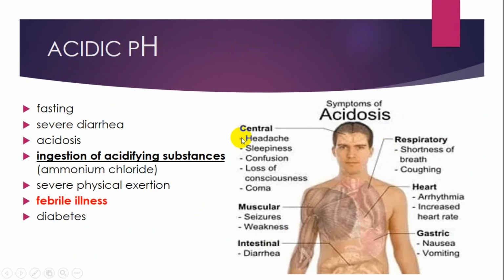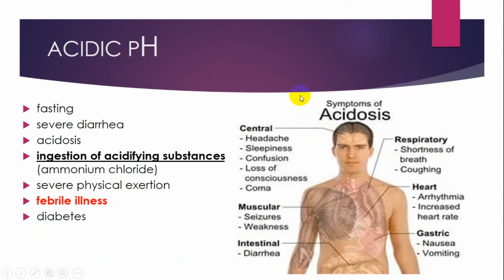The next slide shows us that acidic pH can be a problem too. It may be caused by fasting, severe diarrhea, acidosis, ingestion of acidifying substances such as ammonium chloride, severe physical exertion, febrile illness, and diabetes. In this picture, you can see symptoms of acidosis, from central to respiratory, heart, gastric, muscular,